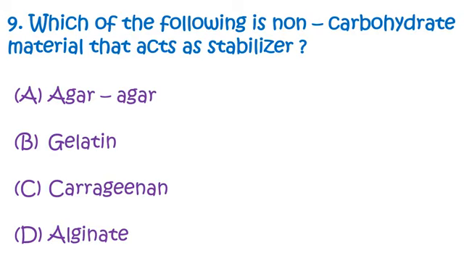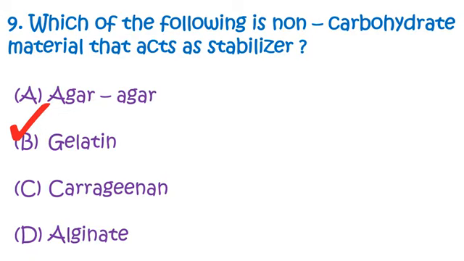Question number 9. Which of the following is a non-carbohydrate material that acts as a stabilizer? Options are option A, agar-agar, option B, gelatin, option C, carrageenan, and option D, alginate. And the correct answer is option B, gelatin. From these options, gelatin is the only protein that is made up from collagen of the animal body parts,